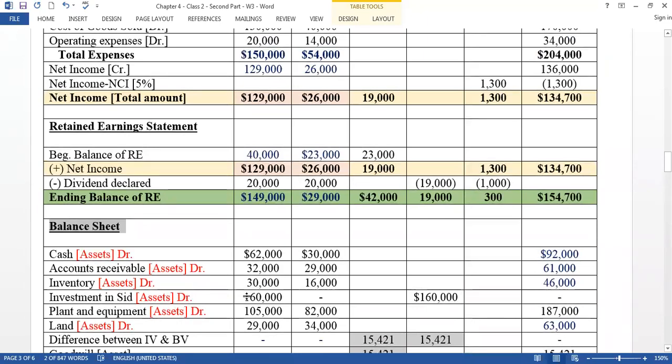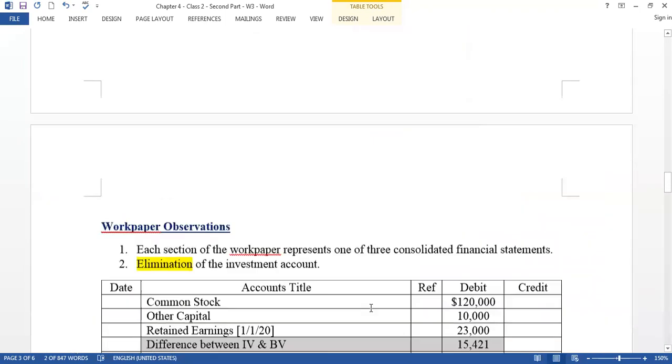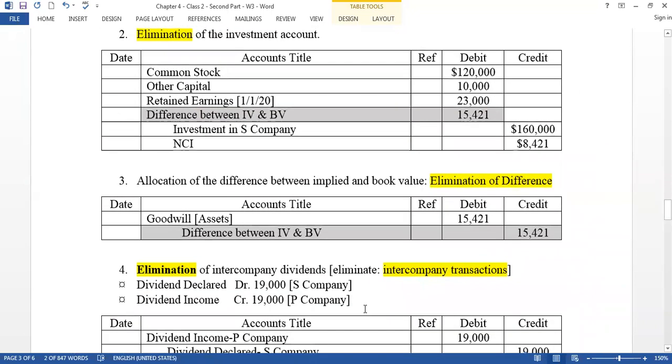Please check the question very carefully. If I ask you to prepare a consolidated balance sheet, it is chapter 3. If I ask you to prepare a consolidated financial statement, it is chapter 4. Remember, chapter 3 is about the consolidated balance sheet, and chapter 4 is about consolidated financial statements. So read the question carefully. So this chapter is about consolidated financial statements. Anyway,